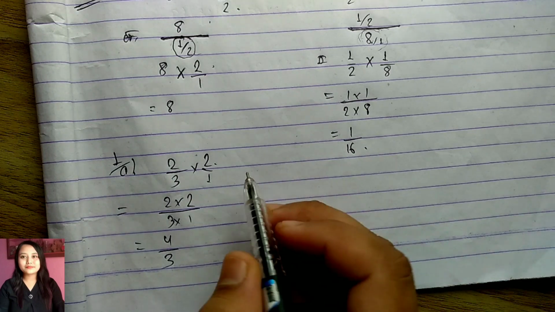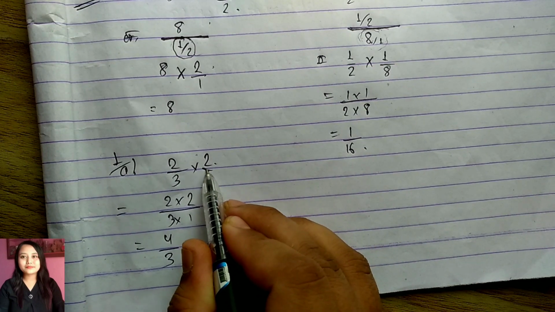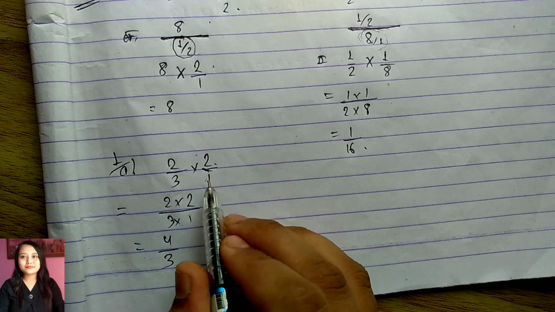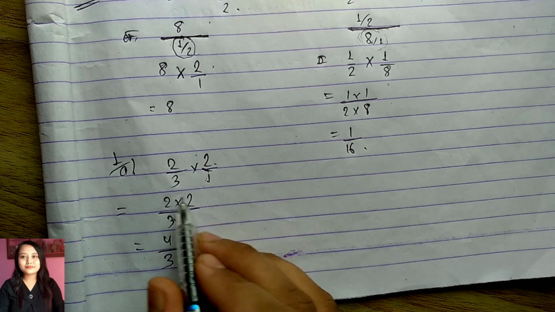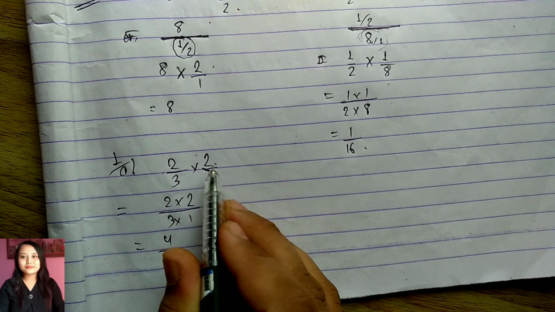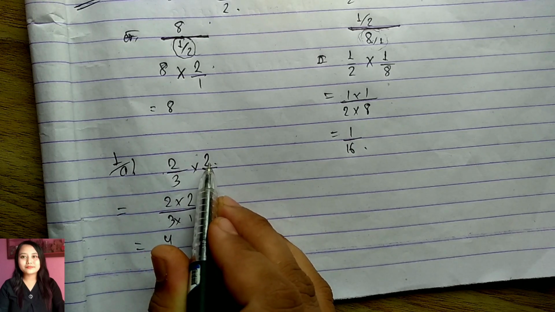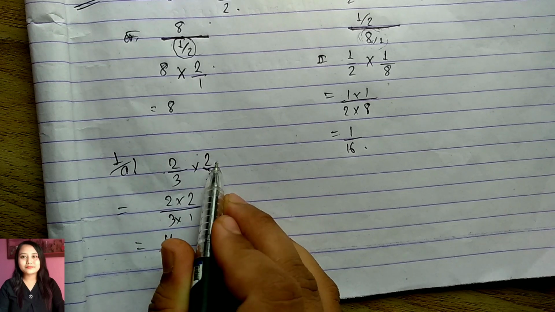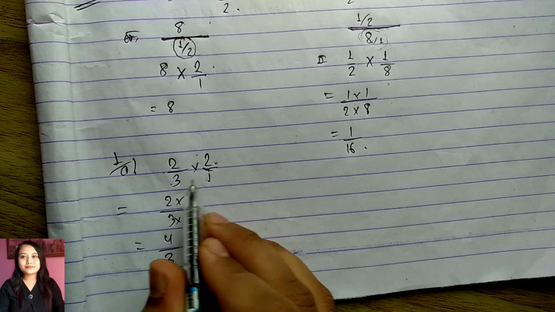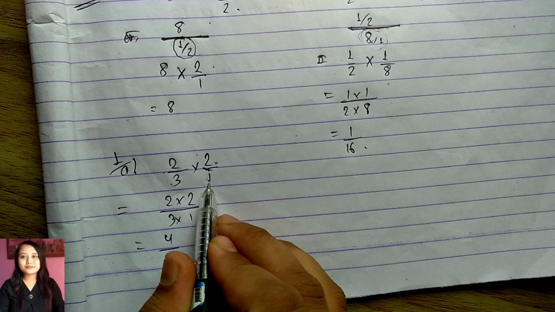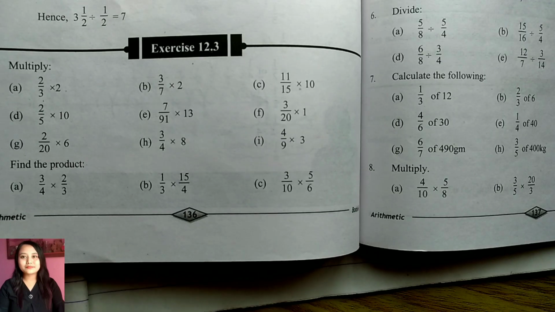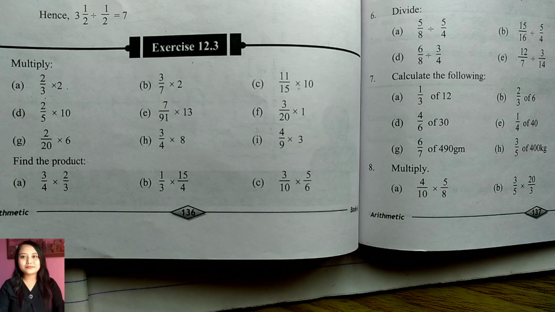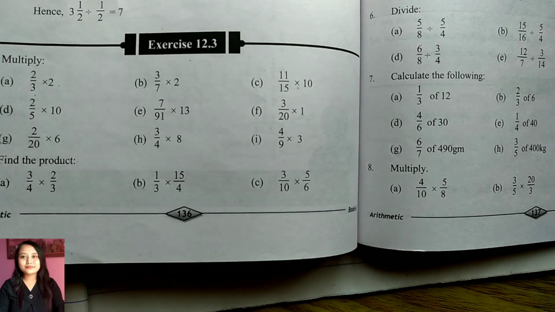So you understood or not? What I did is that we can do it directly without placing this 1 also, but I am placing it so that you won't be confused while multiplying the denominator. The numerator should be multiplied with the numerator only. It should not be multiplied with the denominator. The numerator part should be multiplied with the numerator, and the denominator part should be multiplied with the denominator. And all questions are very similar to each other. So let's do question number I.